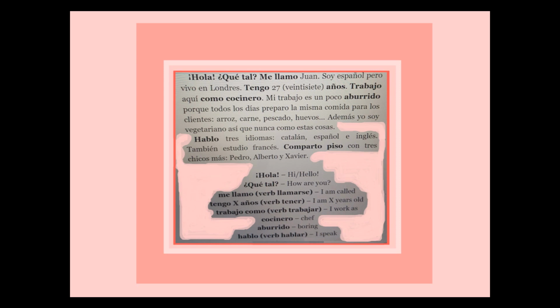Es un poco aburrido. Is a little bit. Un poco, beautiful word. Un poco, I mean combination of article. Un poco is a little bit. Remember, a little bit, a little, un poco. And by the way, in English we say a little, and in Spanish we say also with indefinite article un poco. Aburrido. Aburrido is boring, and as we see, it agrees with trabajo, because we describe trabajo, which is masculine